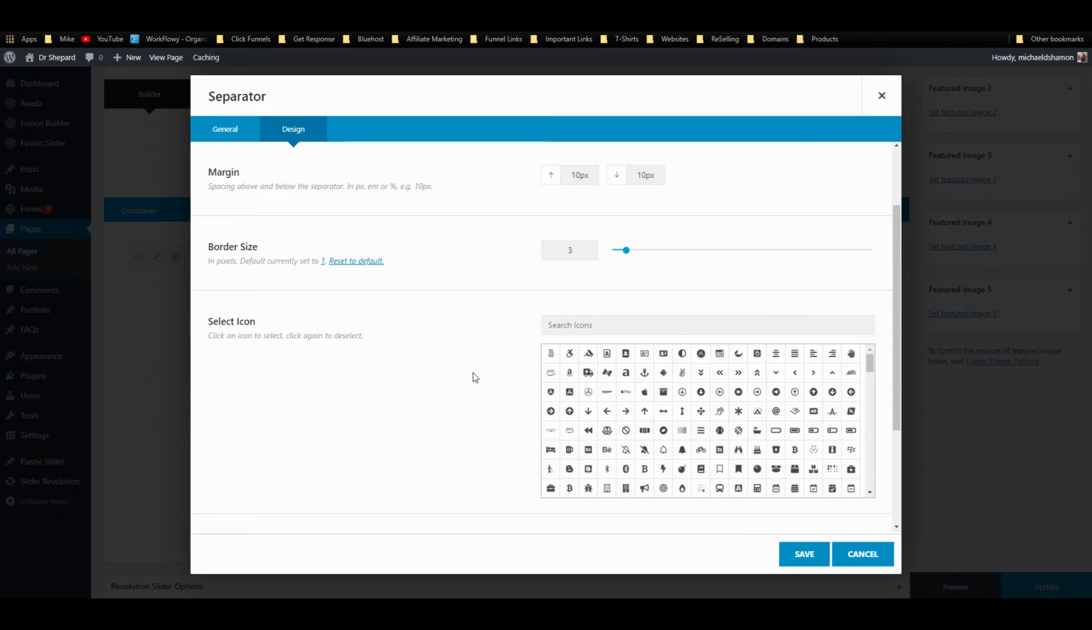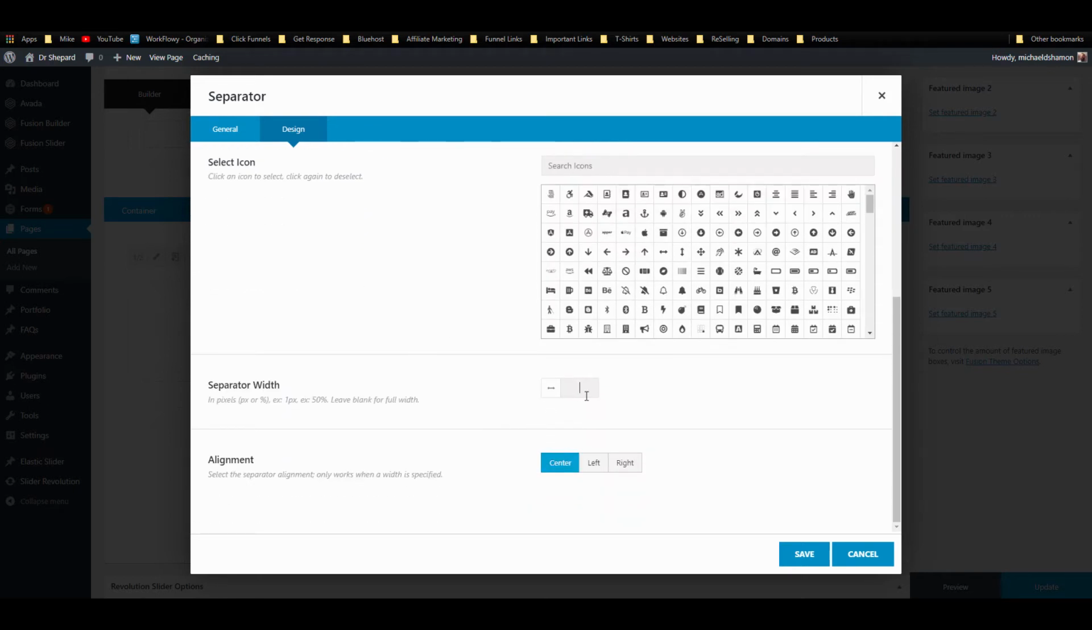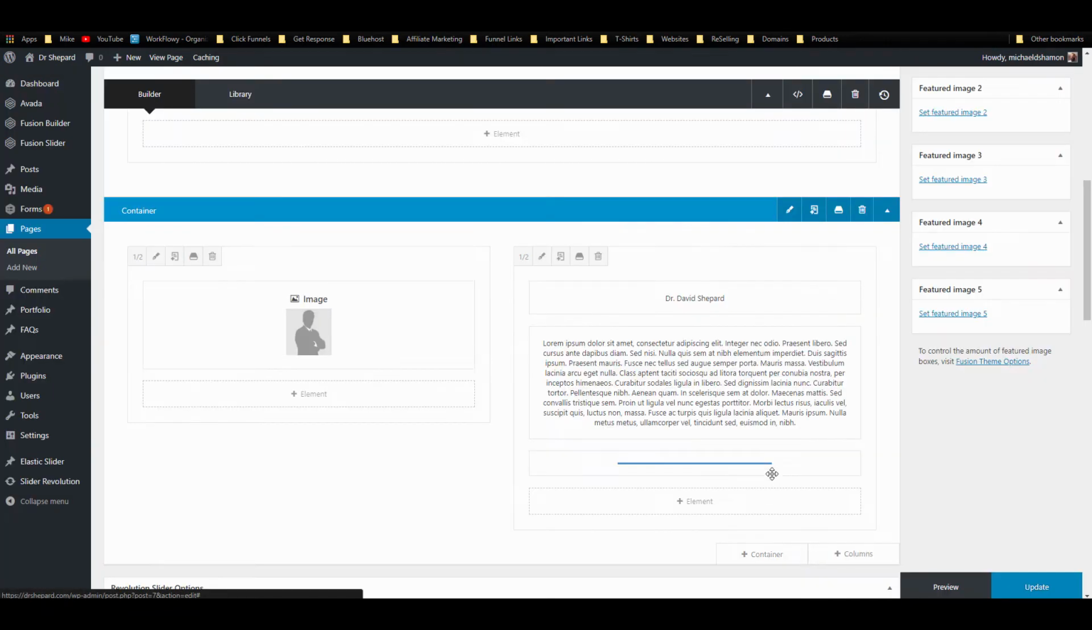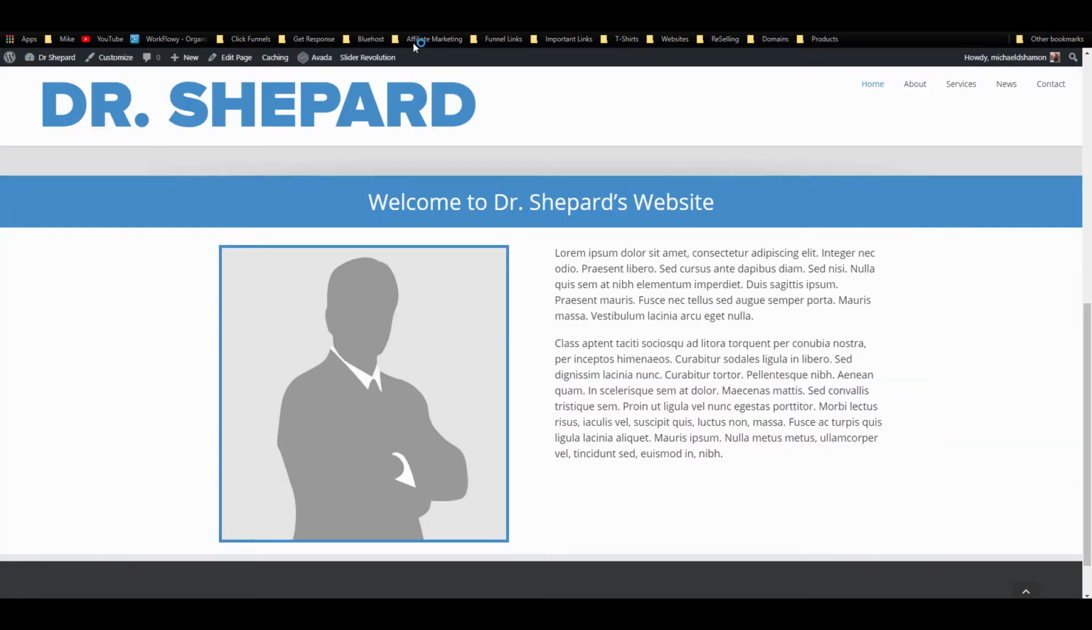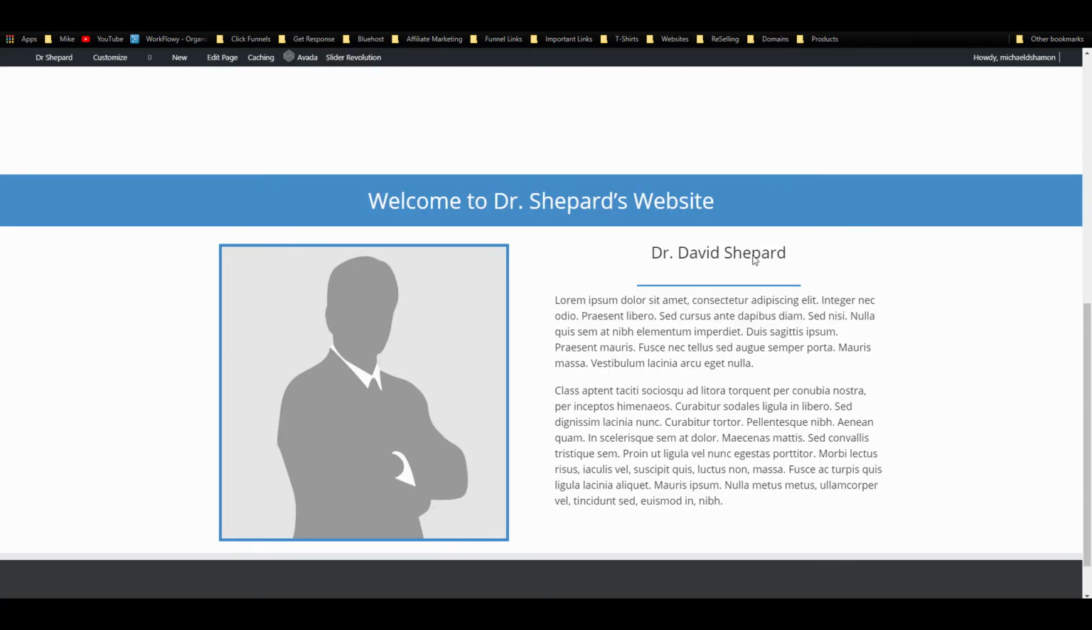Alright, separator width, let's do like 50%. And then the alignment, I always go center, or at least I usually go center. Sometimes you do left or right, depending on if your text is aligned left or right. Alright, let's save and then push it up. Update the page. Refresh. And there it is, and the spacing is way off right there, so that's going to have to do